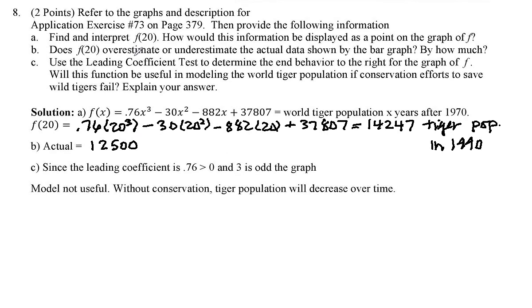And then by how much? Well, the estimation here is bigger than the actual, so it's an overestimate. And the amount of the overestimate is going to be the difference between those two. So it's the 14,247, and then subtract off your 12,500. And that gives you a difference of, let's see here,